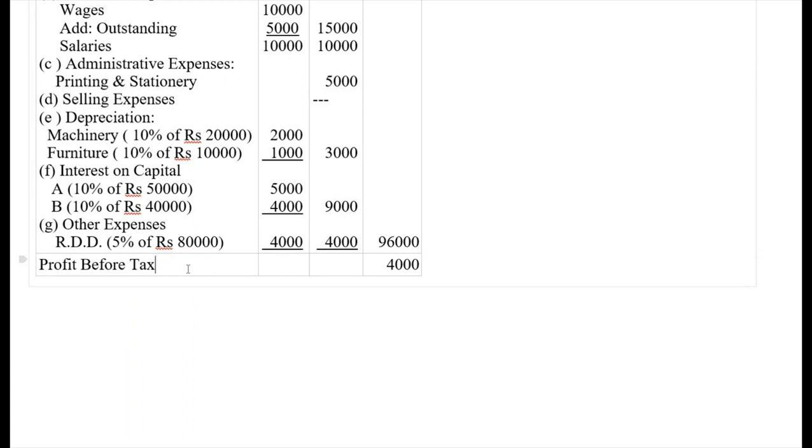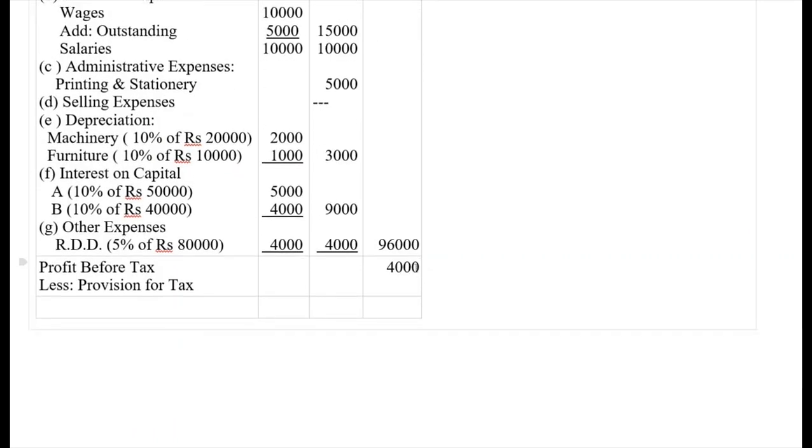So in this problem there is no tax here. So provision for tax, nothing is there. Then the difference here is profit after tax, which comes to rupees 4,000 only. So from this, less: